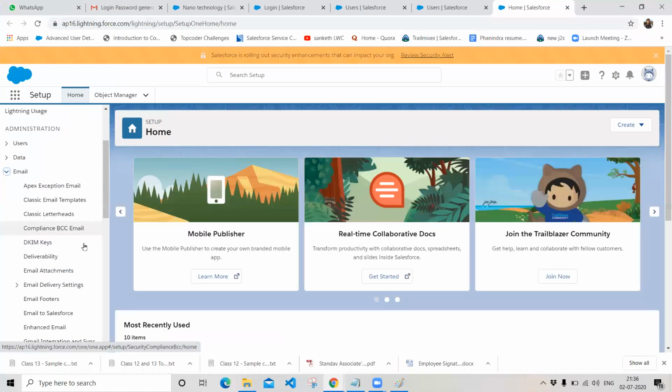Click on emails, and choose the option called classic email template. First let's create a template, and later on we can create a letter head also for our email requirement. So click on classic email templates.